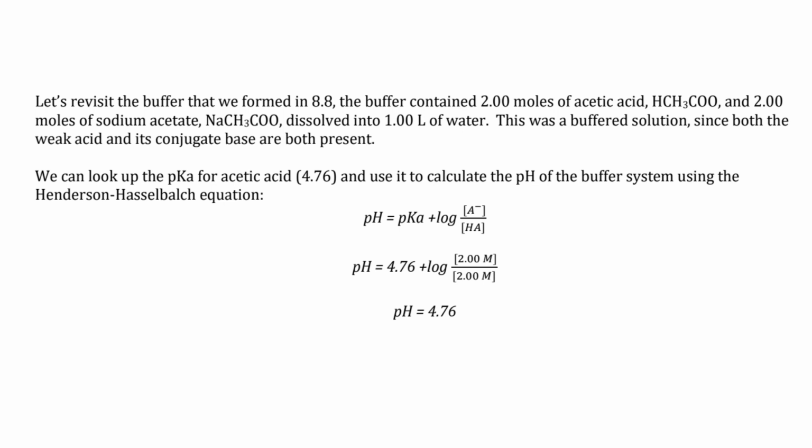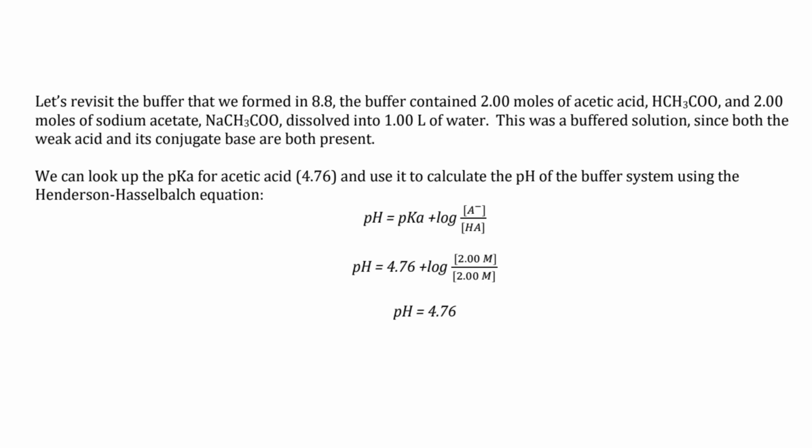So, like I said, we're revisiting the buffer we formed in 8.8. It contained 2.00 moles of acetic acid and 2.00 moles of sodium acetate dissolved into 1 liter of water, which makes it easy for our molarities. This was a buffered solution since both the weak acid and its conjugate base are present. We can look up the pKa for acetic acid and use it to calculate the pH of the buffer system